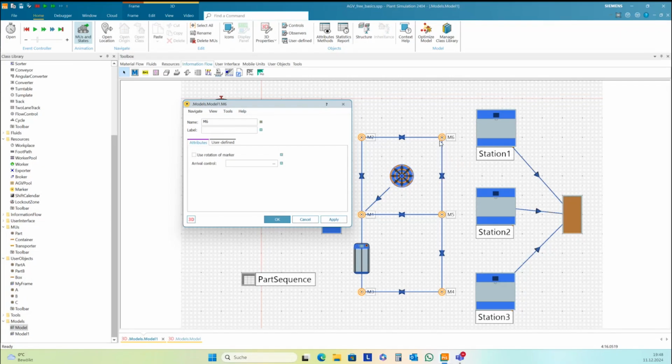But then the HEV will stop here, and so you need some stopping points where you can call the arrival control and then check, okay, the next traffic light is red, and so I need to stop the HEV. But you need to program actively the zones and your blocked zones. But here I really want to look at how it is done in reality.